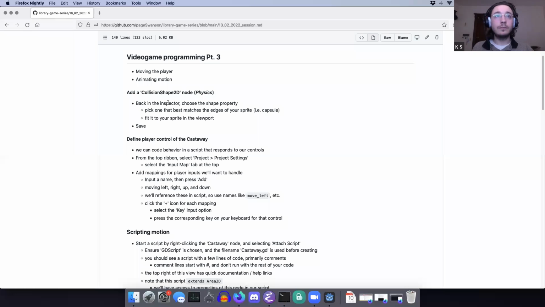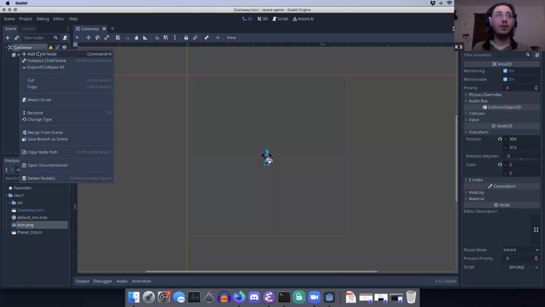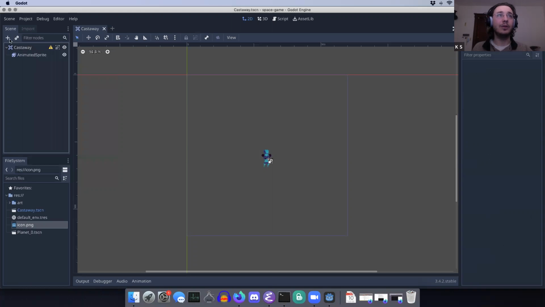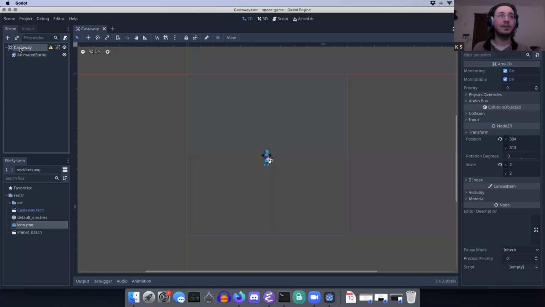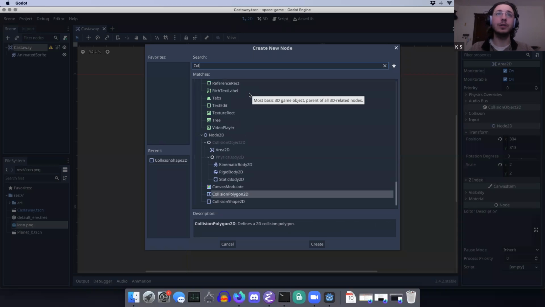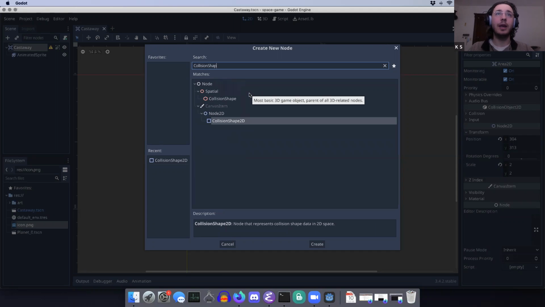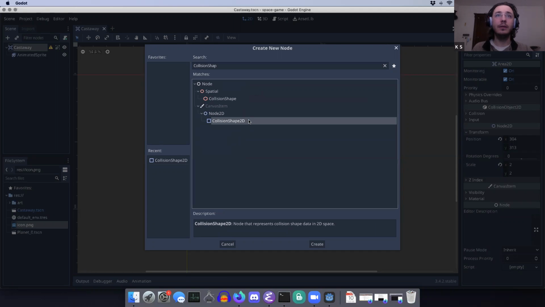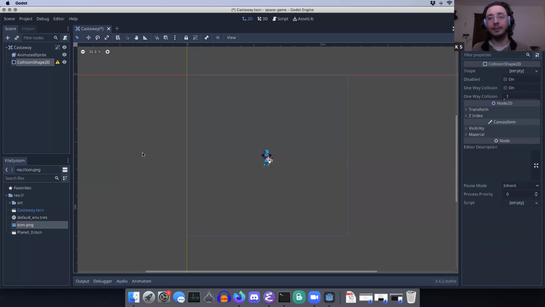Quickly, we're just going to add this node. I'm going to right click here. You can also just click this plus button; either way works. I'm going to add a child node, and then I can just search in here: Collision shape 2D. I just double clicked it, and that added another node, a sibling to this animated sprite underneath the scene node for